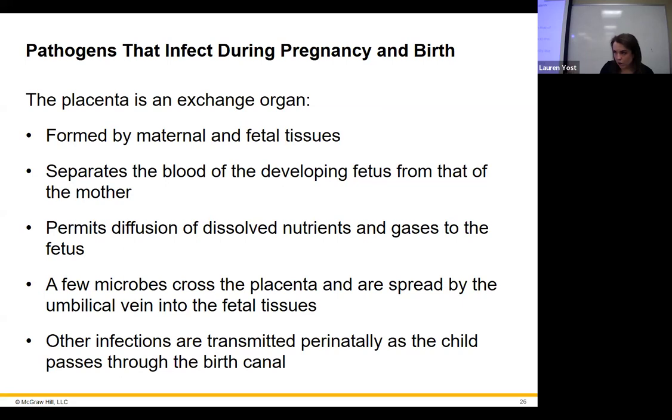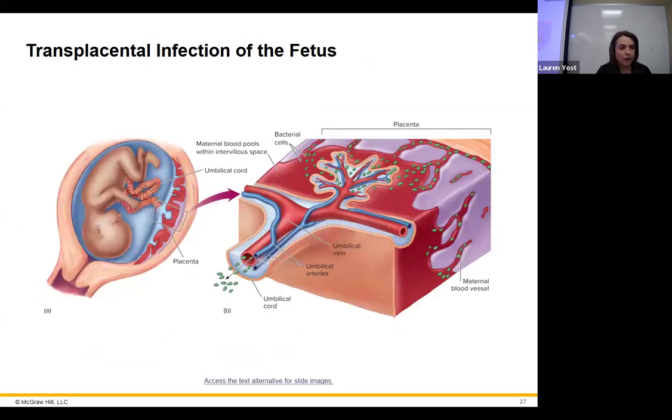Okay, we know that between the mother and the baby, we have the placenta, where exchange of molecules from the bloodstream between the mother and the baby are often going to be taken care of there. But you can also cause infections through that mode of transport. So the mother could be ill with something, and it could potentially cross the placenta into the baby. Not always, but some things are able to do that.